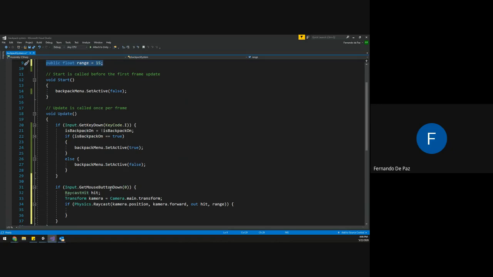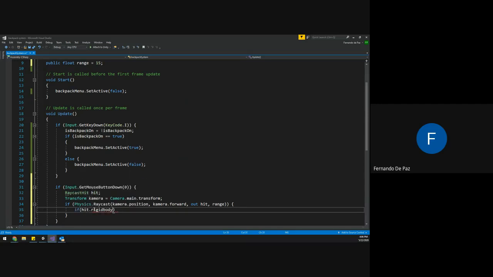Okay, so once we have this, let's go inside our if statement. Once we do the raycast, what we want to do is check one, does this object have a rigid body, and is the collider called collectible? It doesn't necessarily have to have a rigid body. We can just check the items, but I like rigid bodies, so we're going to say if